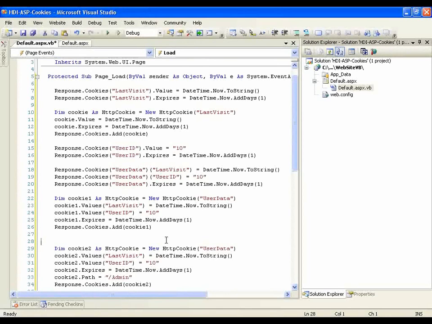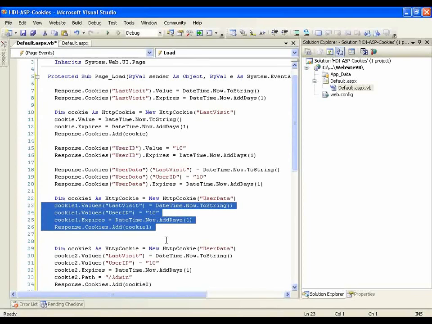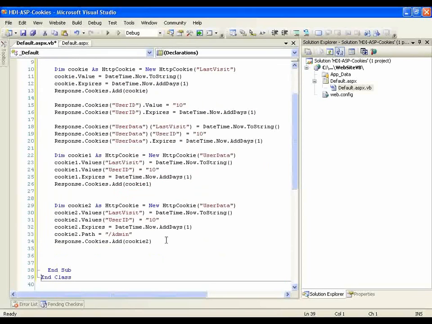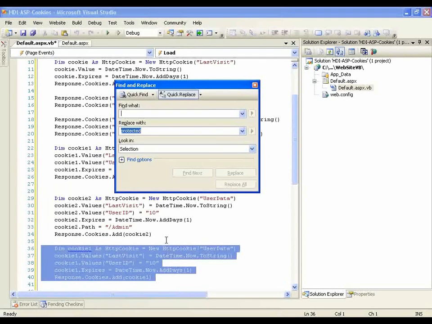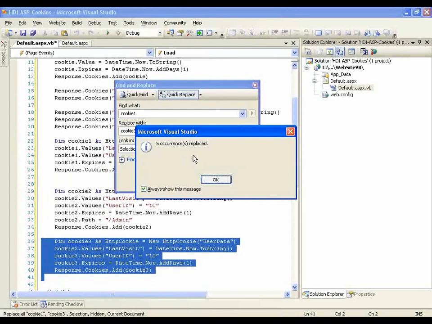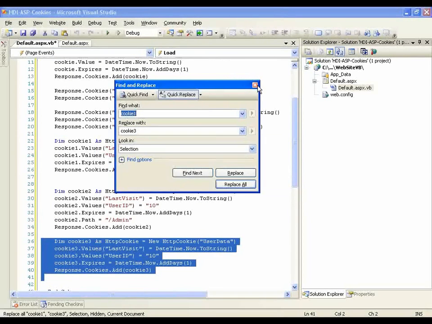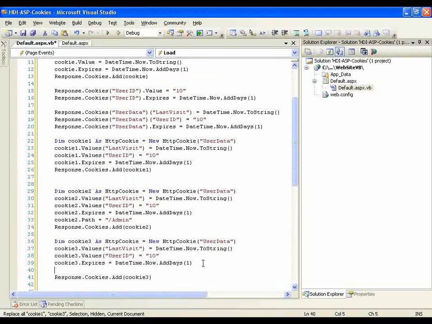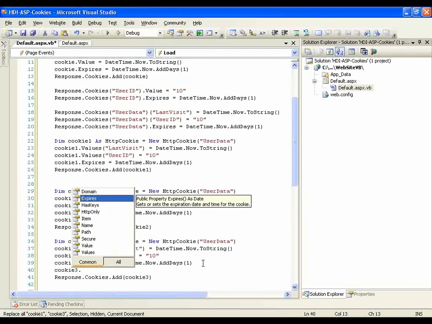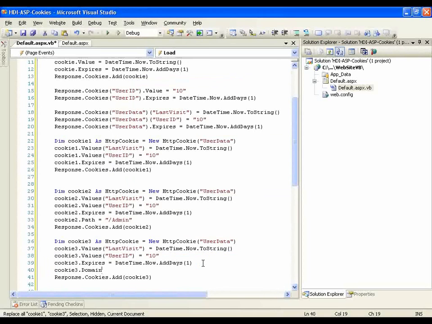Now, one of the other ways you can scope a cookie is to a domain. So let's take our cookie 1 and we'll copy and paste it down below, and let me just change that from cookie 1 to cookie 3. Change all that, and now what we can do is down here after the expires property, we can set a property called domain. So we'll take cookie 3, we'll go to domain,